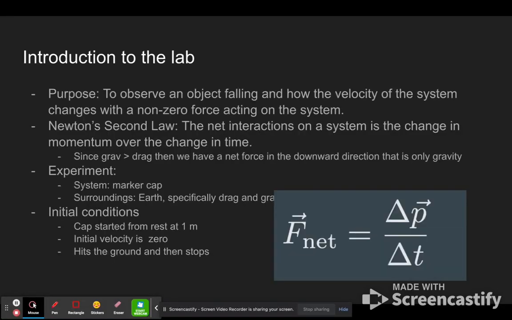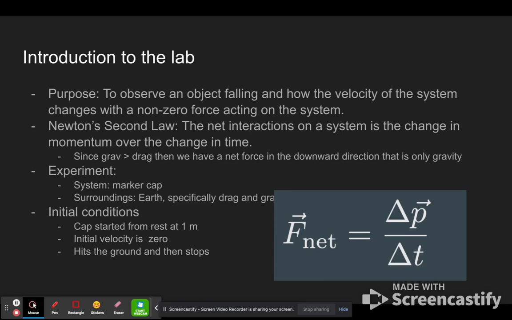So basically, the purpose of this lab was to observe an object falling and how the velocity of the system changes with a non-zero force acting on the system. Newton's second law states that the net interactions of the system is a change in momentum over the change in time, and it's also the addition of all of the forces acting on an object. So since gravity is greater than drag, we see that there will be a net force in the downward